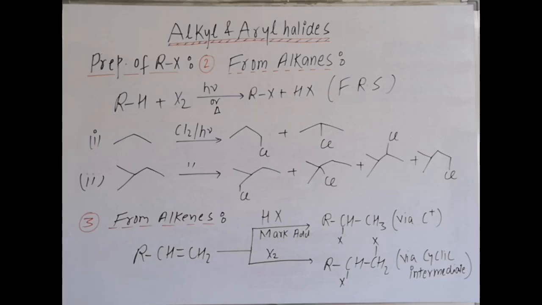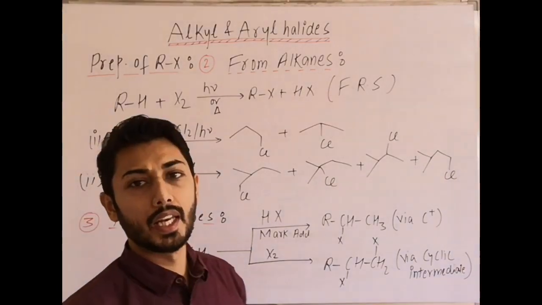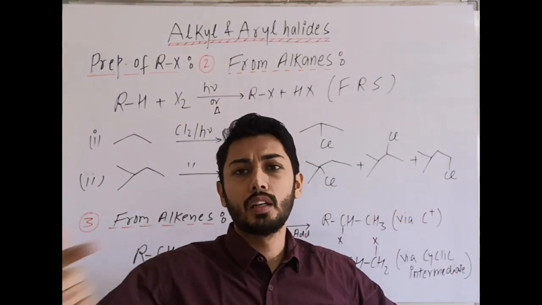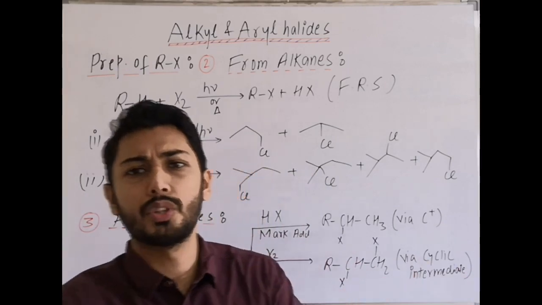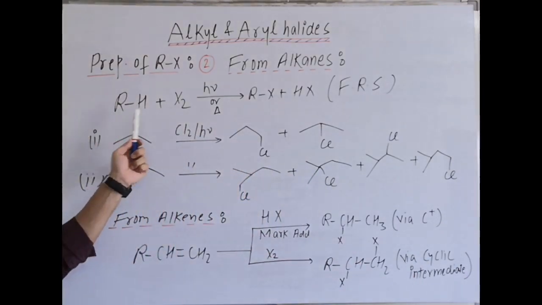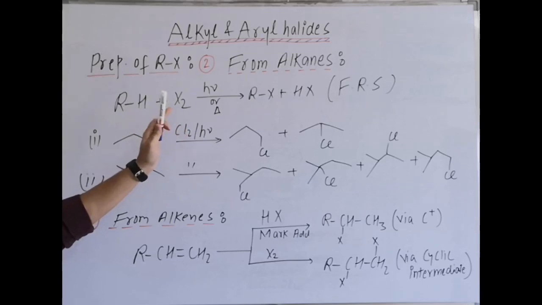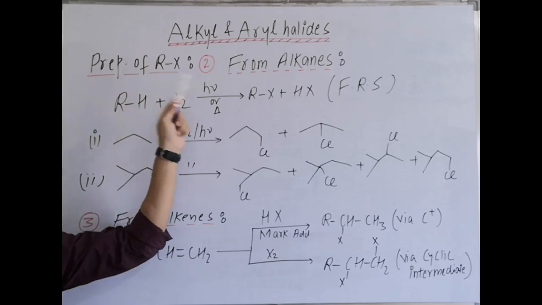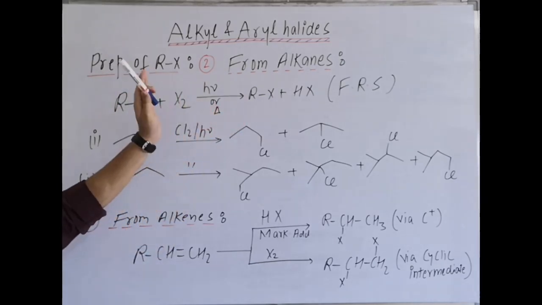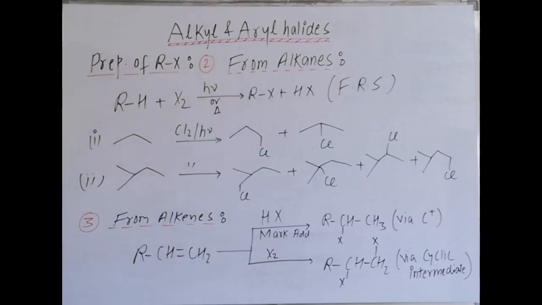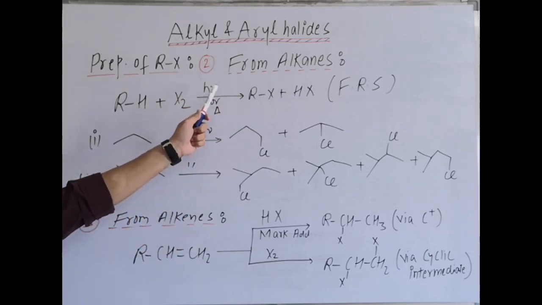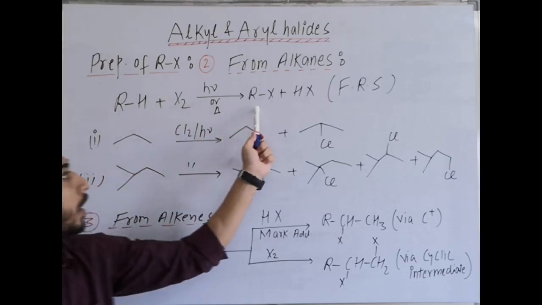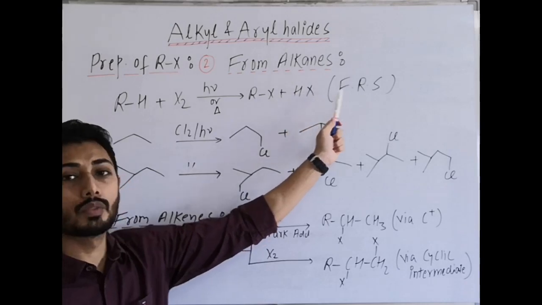Now next, from alkanes also we can prepare alkyl halide. In the alkanes topic you have already done that, which is through free radical substitution, and the reaction is monohalogenation. General reaction: alkane with X2, that may be Cl2, that may be Br2. Most commonly we take Cl2 or Br2. Otherwise, if you remember, the reactivity order of halogens is F2 explosive, highly reactive, then Cl2, then Br2, and with I2 very slow and reversible reaction. In presence of light or heat, one H is substituted by one halogen, alkyl halide is formed plus HX. Which reaction?